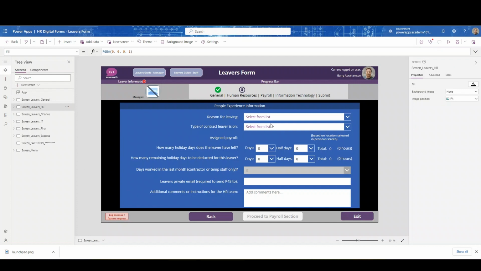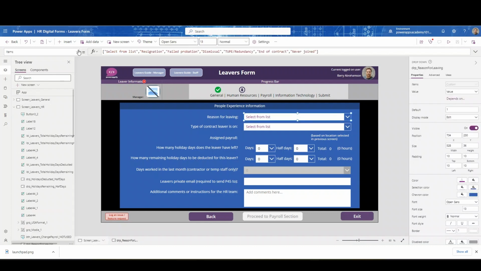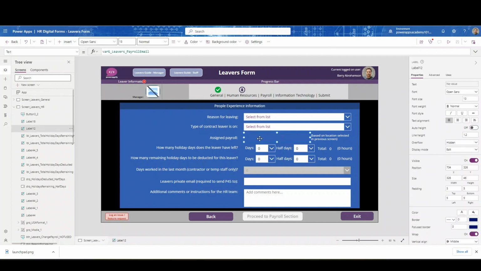So the next screen, we can have a look at our progress bar here. So basically these are just made visible, or not, depending on the screen that we're on. This is just a drop-down list with the items manually added in here, so they can select, and you can modify those to suit your business. Again, same for the type of contracts, depending on what kind of contracts you have in your business, you can select over there. The assigned payroll email, oh sorry, actually I forgot on the previous screen,